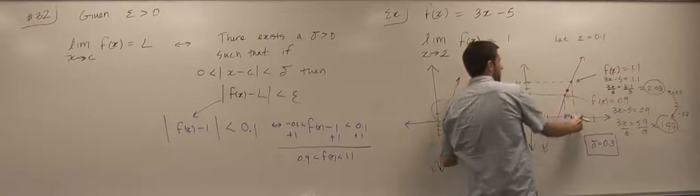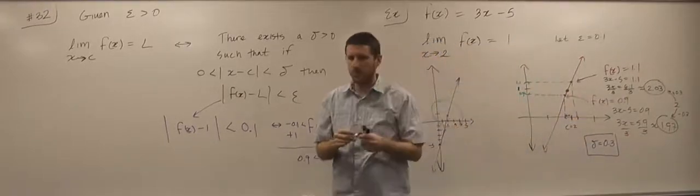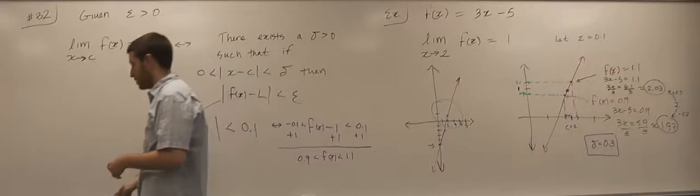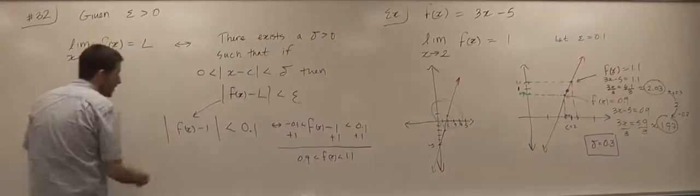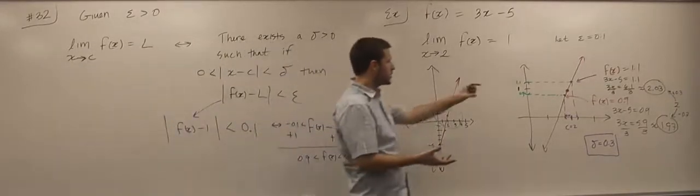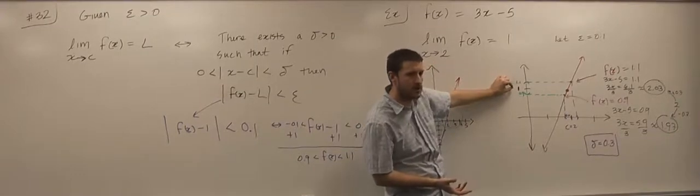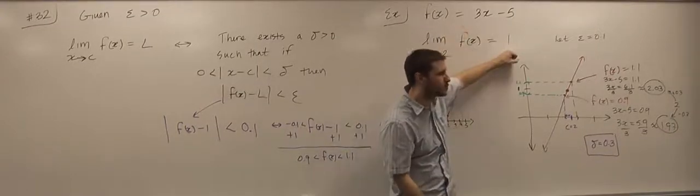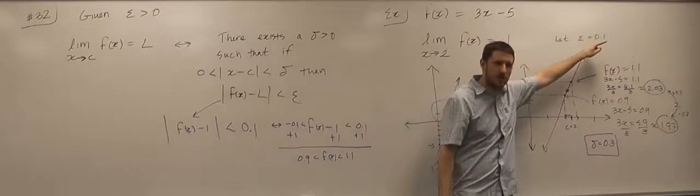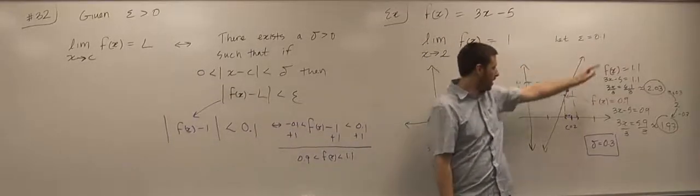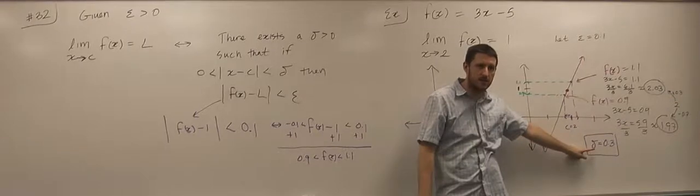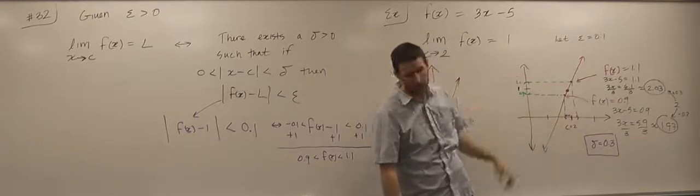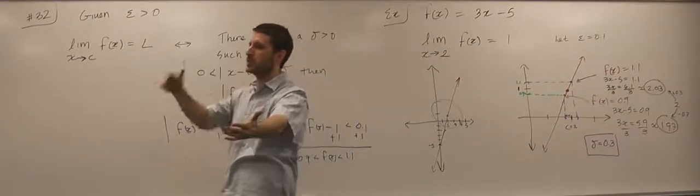As long as you're within that tolerance, your y values will be within the correct tolerance. And the reason that this characterizes what you mean by arbitrarily close, because what I'm saying is, as soon as you tell me this limit equals 1, then no matter which epsilon you give me, I can find you a delta so that my function stays within epsilon. So like if you gave me epsilon equals